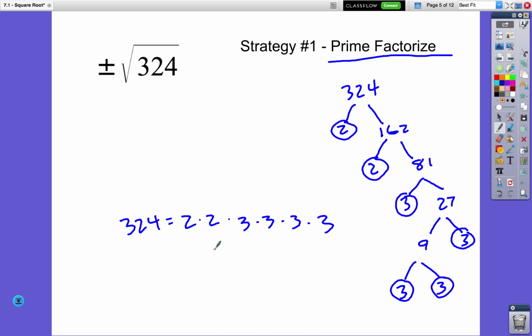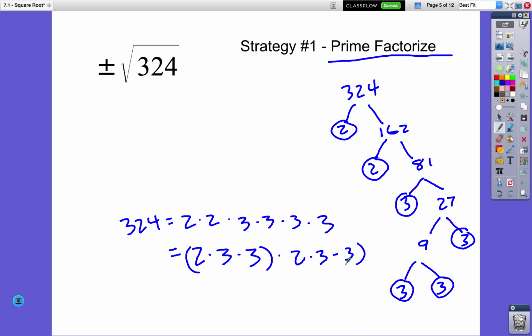Now, how does that get us to the square root answer? Well, since it's all multiplication, I'm going to take advantage of the commutative property, which says that if it's only multiplication, that multiplication can be done in any order. So in fact, what I'm going to do is I'm going to take this 2, this 3, and this 3, and group them together. Then I'm going to take the other ones, the other 2 and the other 2 3s,